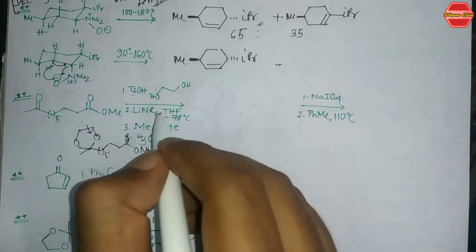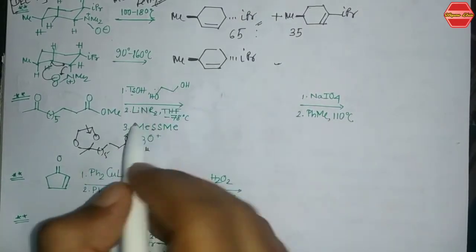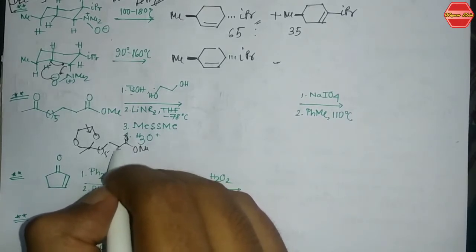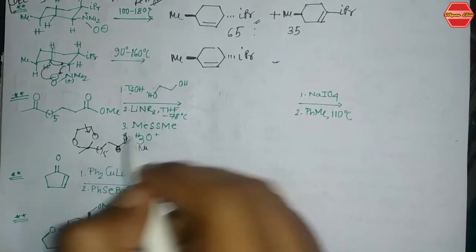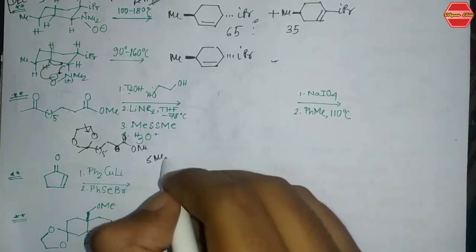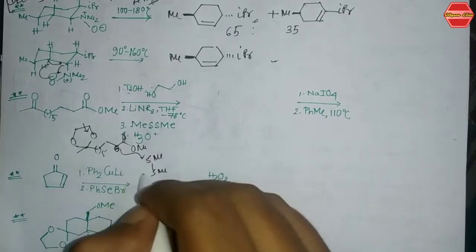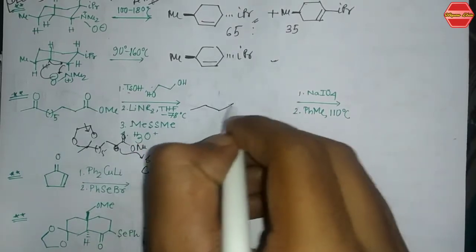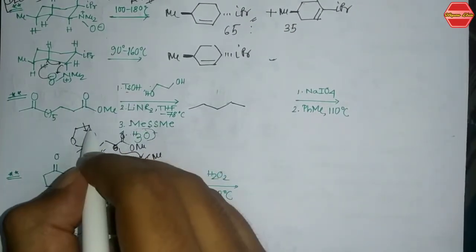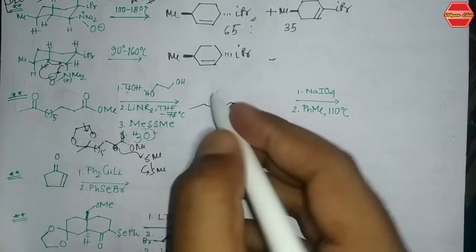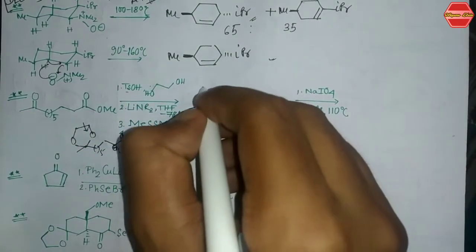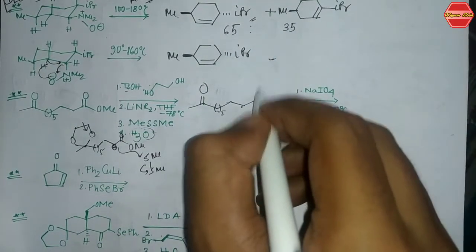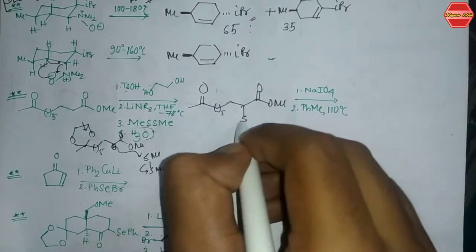Then the second step is that you are given this LiNR2. This LiNR2 is a kind of base, so it takes a proton which is acidic in nature. So it takes a proton from here, and this negatively charged SMe will attack over here and leave from the system, so that you are getting the product. Now after the hydrolysis, you know this ketal breaks in the acidic hydrolysis condition, so it will break back to the previous form, and you get OMe, and you have the SMe over here.